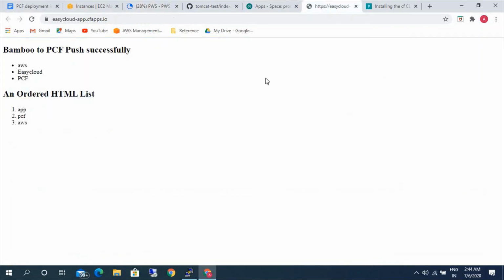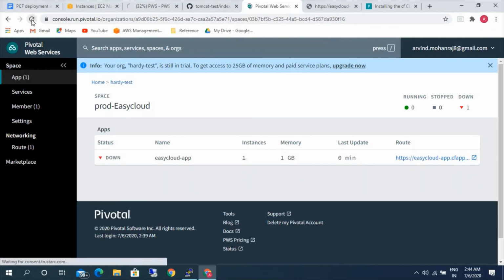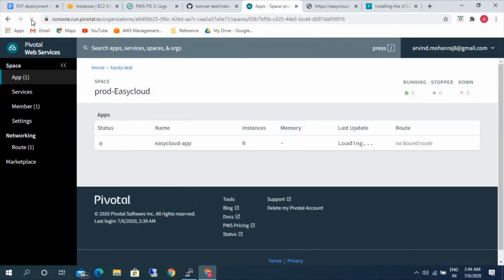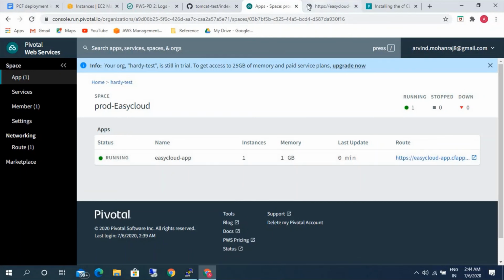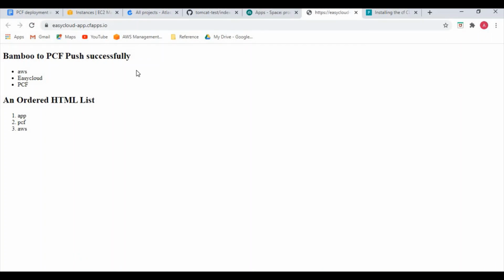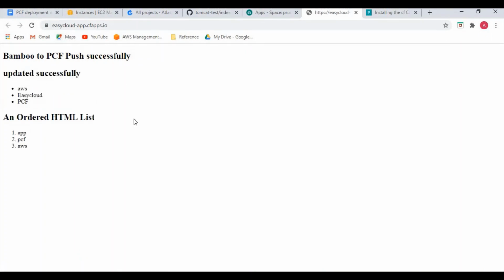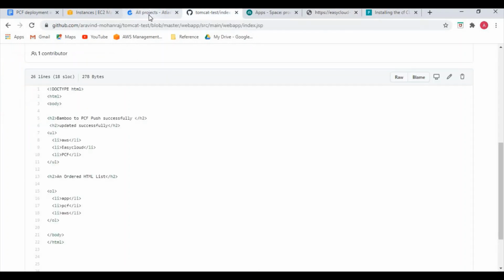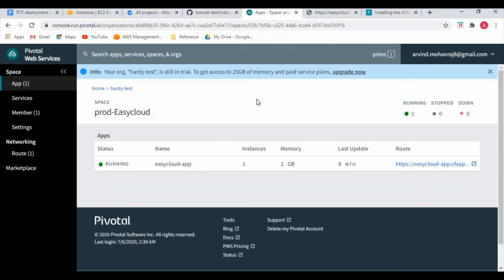Once it is done, you will be able to see the app here. Okay, it's running now. Okay, now we can see it is updated successfully. So whatever changes we made triggered the Bamboo plan and it got deployed successfully in the PCF.